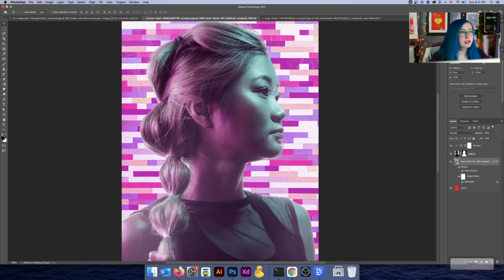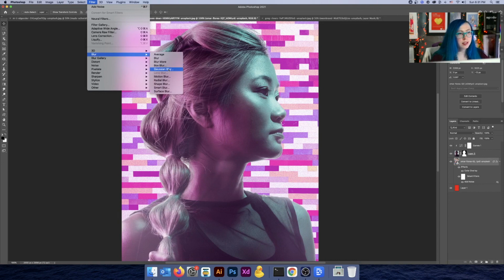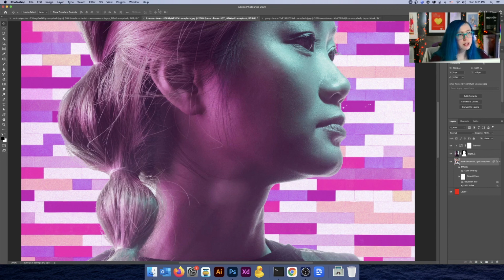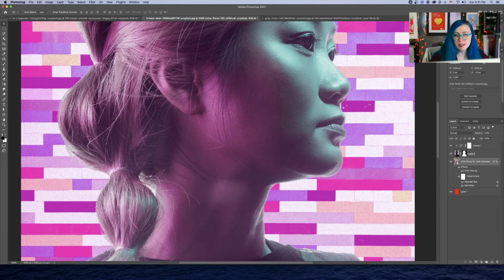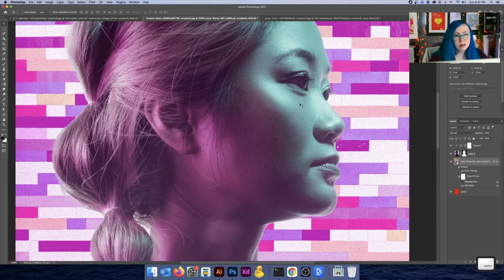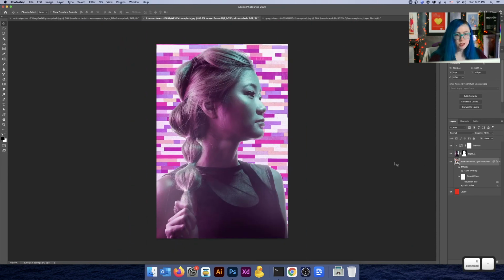Now I like the look of this noise. I'm also going to add just a little bit of blur using filter, blur, and then Gaussian blur and see how I like that. Maybe just 1 pixel. I just want to soften this a little bit. And let's see. Always make sure you check at 100% or 200% if you're on a high DPI monitor like I am. Let's just take out the Gaussian blur, put it back. I don't know, do I like it? I actually think I don't, because she's got a lot of texture up in here, and I want the background to have it too. So I'm actually going to leave it as is. That's looking pretty good. That's not bad.